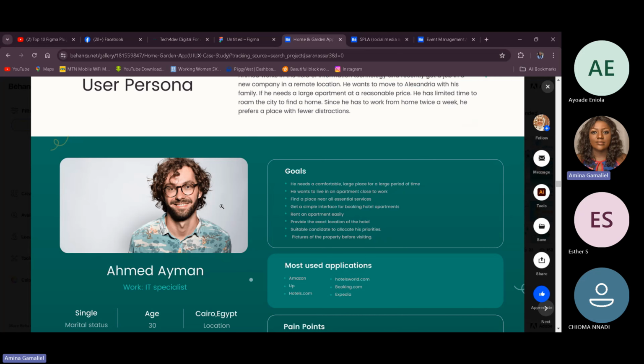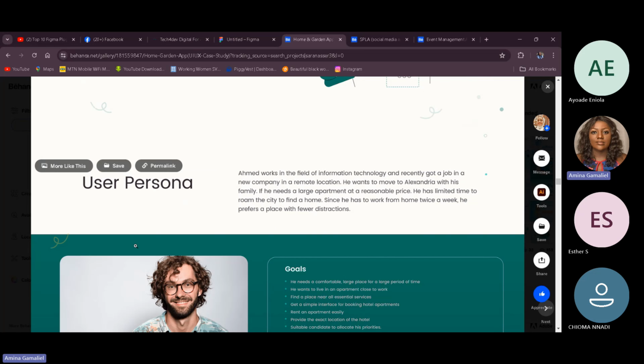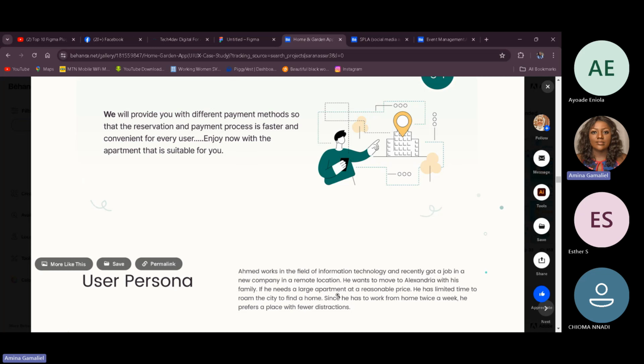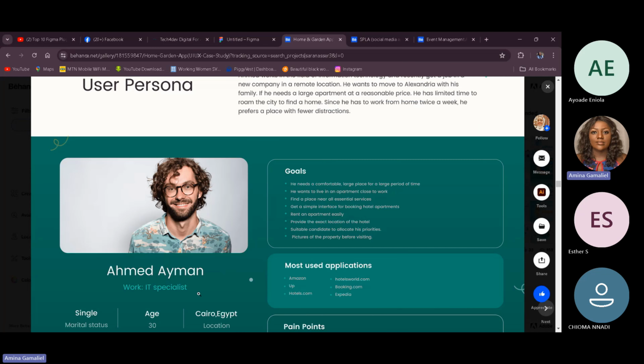Now when you finish, you see Ahmed. Now it goes as far as Ahmed having a face. So this is the user persona I was talking about. Now we will give Ahmed a face. Ahmed Ayman, all fictional. What is Ahmed's goal? Ahmed needs to be comfortable, find a place near essential services, and get a simple interface for booking. We'll state the goal. In other words, we are stating the goal for the app itself. Because once we answer Ahmed's question,